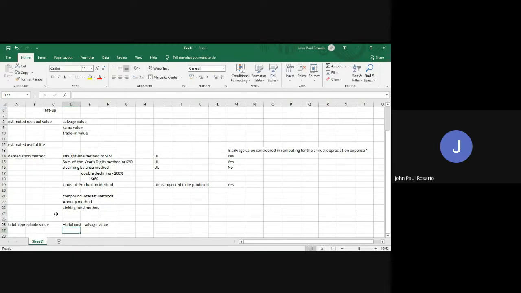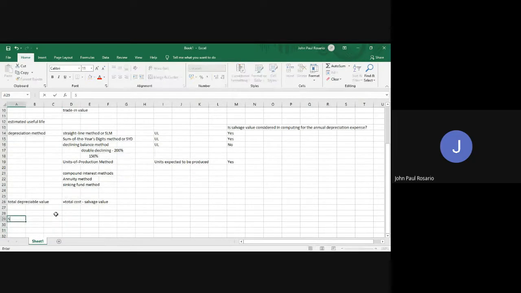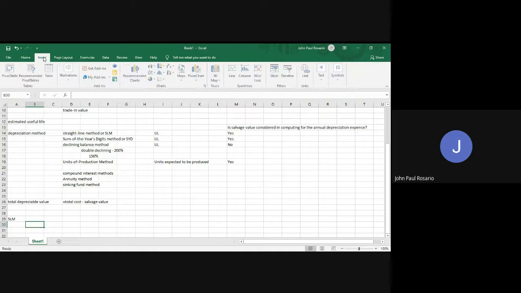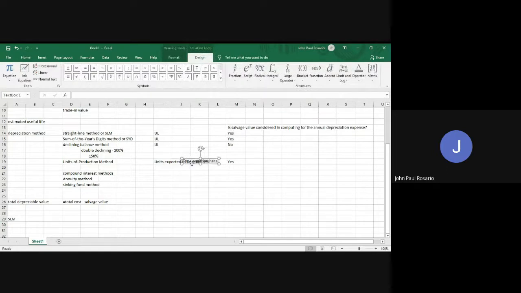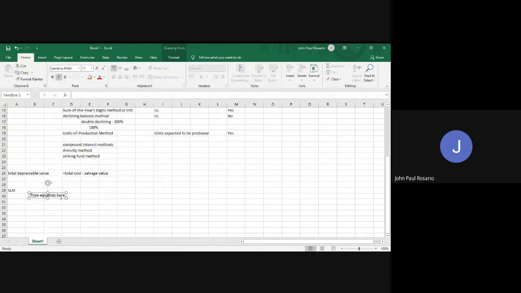Okay, with that said, let's start discussing our depreciation methods, starting with the straight line method, or SLM. When it comes to the straight line method, the formula for your annual depreciation will be computed as follows. So let's put a formula to make it clearer. For the straight line method, your annual depreciation is equal to